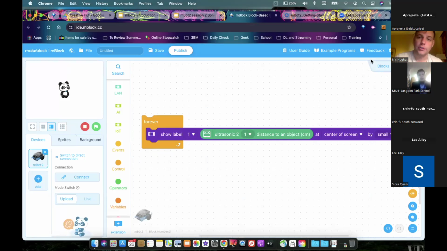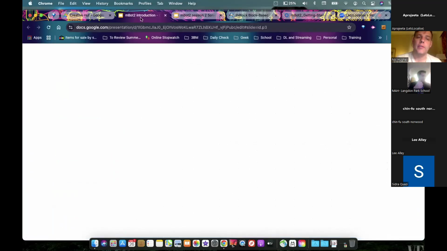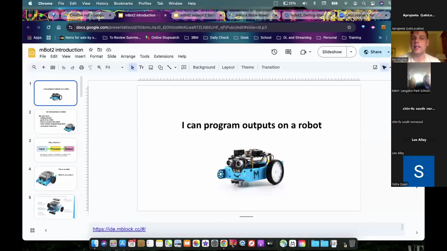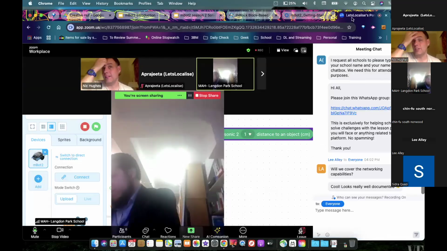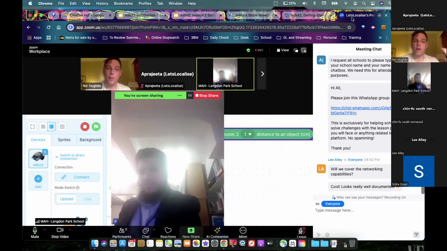Again, it's a nice thing to do. If you're going to use an example program, great. But one of the things that I'd want students to be able to do is give them the example program, maybe on a piece of paper or on a slide, and get them to annotate what they think all the code blocks mean. It's really, really key to make sure children have a good understanding of what they think the blocks mean. So it's part of that PRIMM idea.